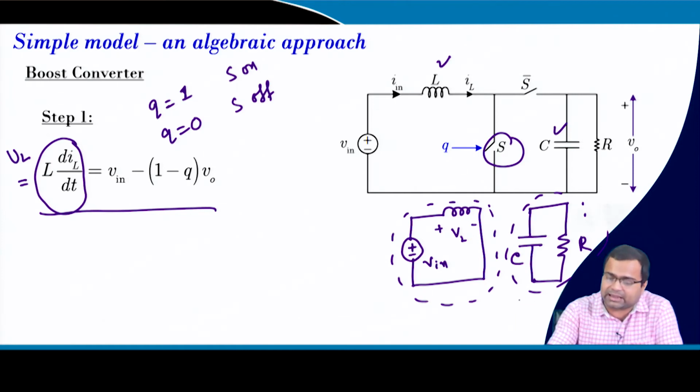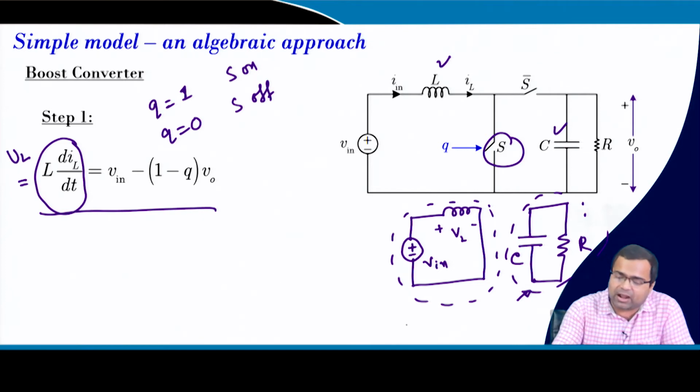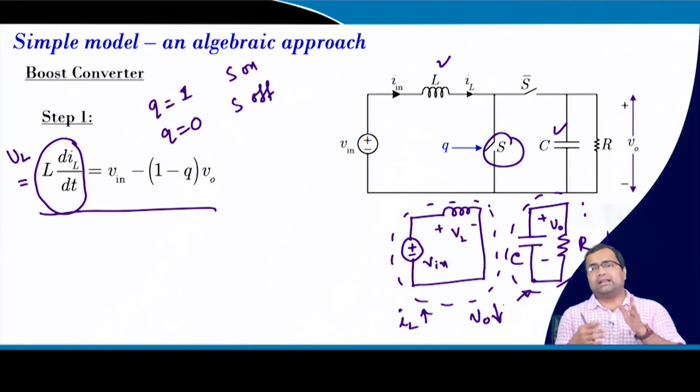And during this time the capacitor voltage will discharge, that means it will decay. On one hand the current will rise, and on the other hand the output voltage, or under ideal conditions the capacitor voltage, will drop. The inductor current is continuously rising and the voltage is continuously falling. And this is the physical origin of non-minimum phase behavior, because here one state variable is increasing and the other is decreasing, even if you run it for a long time.